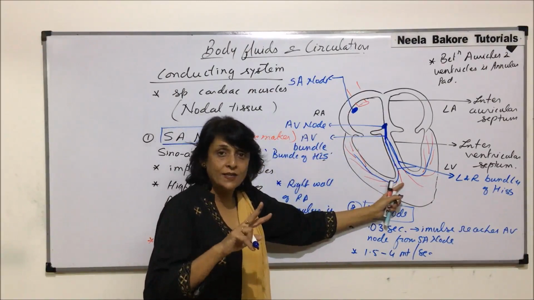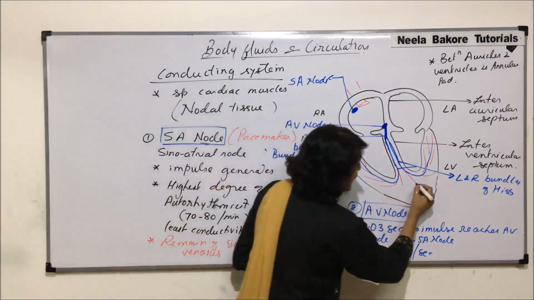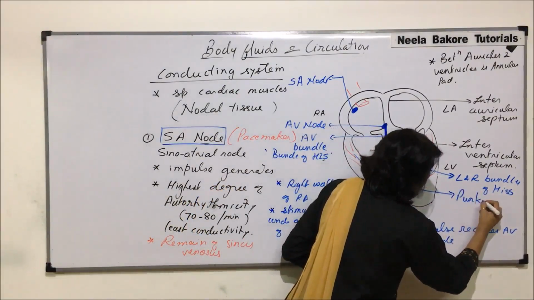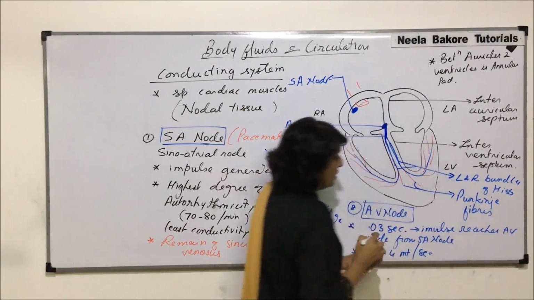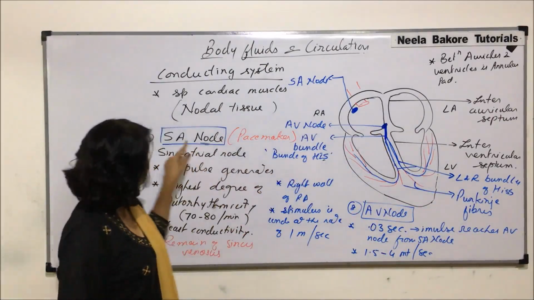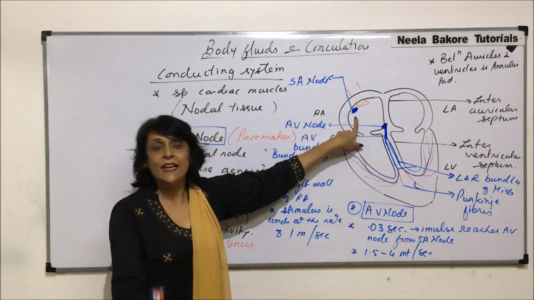Then there are two branches. We call them left bundle of His or right bundle of His. And then from all these arise Purkinje fibers. So now our conducting system comprises of SA node, which is the pacemaker, from where the impulse for